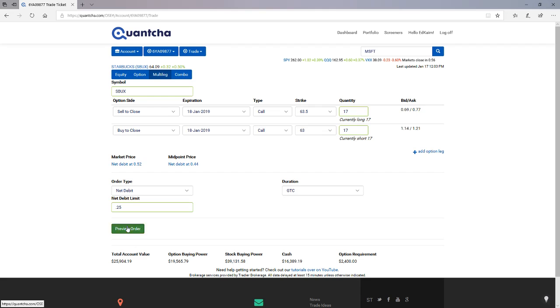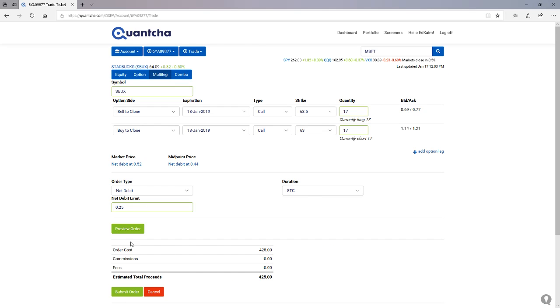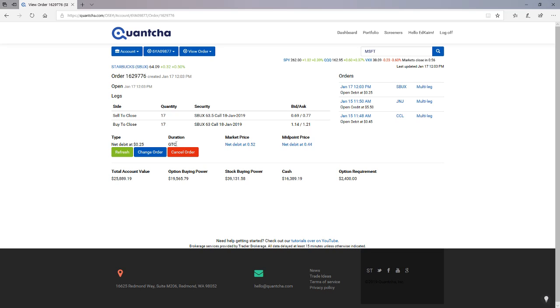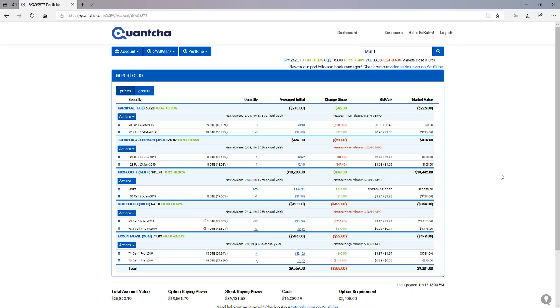So I'm going to put in the order here at 25 cents, see if we can close it back for what we bought it for. And then now we've got a good till canceled order at 25 cents. I don't know that this will fill. It probably won't, but again, we would take it if we got it. Now, we're putting ourselves at risk here a little bit